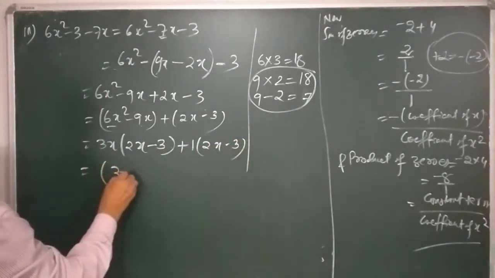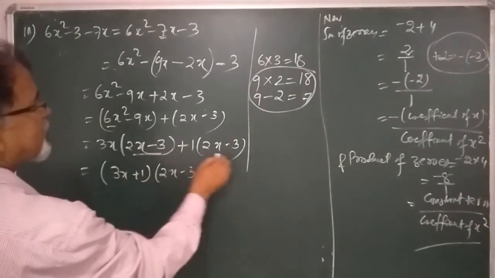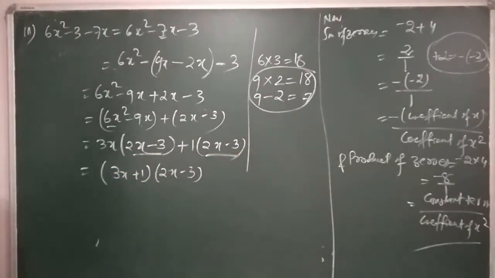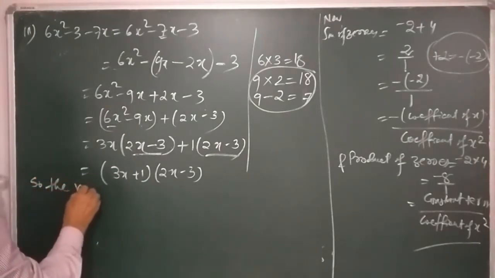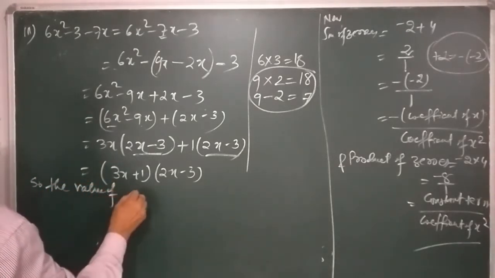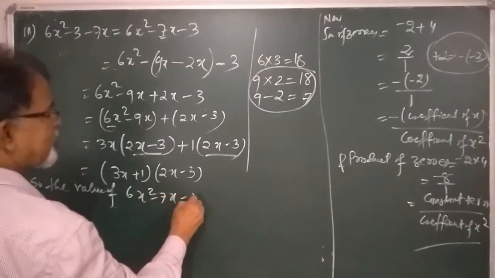This is 3x plus 1 into 2x minus 3. 2x minus 3 is the common binomial to these two terms. So, the value of 6x square minus 7x minus 3 is 0